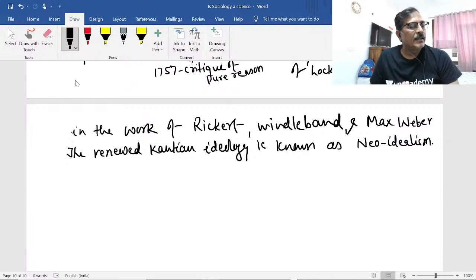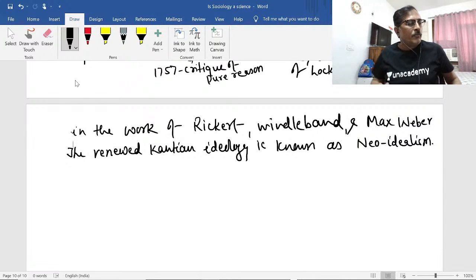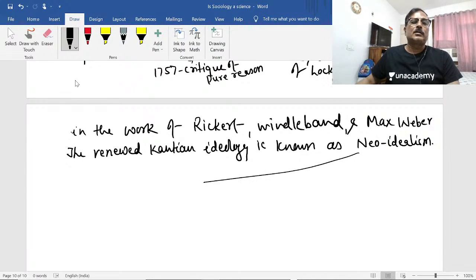So Kantian idealism is known as old or classical idealism, and this idealism is known as neo-idealism. There is certain distinction between the two, but right now this is not the time where we can discuss it here, otherwise it will unnecessarily be extended for very long hours. So we'll presume that idealism and neo-idealism are the same, and the major concern of neo-idealism is that human